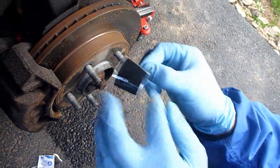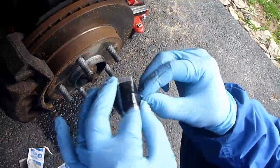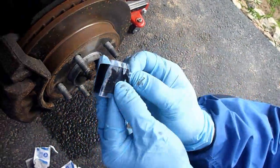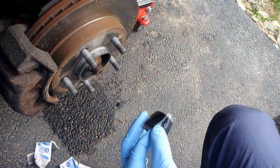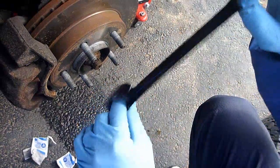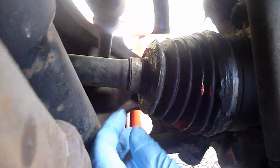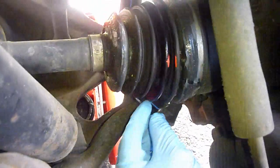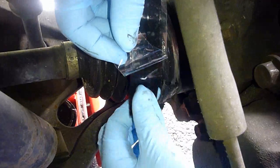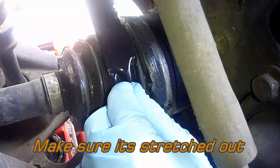The next step is to use the wrap that came with the kit, and you want to be careful with this because you don't want it to overlap in any way, because it will bond to itself. So get it going. I'm basically gonna locate it, hold it down, peel the rest away,